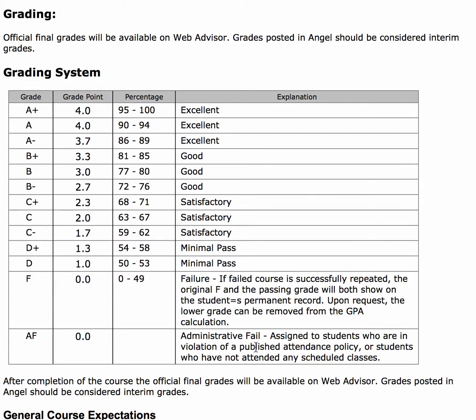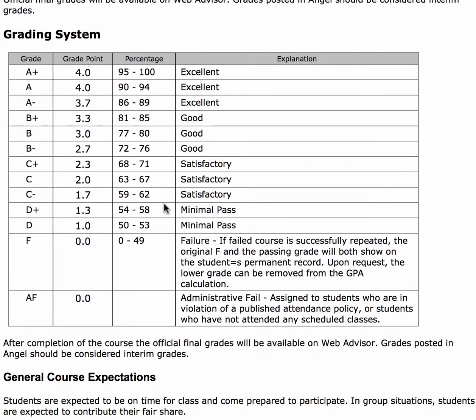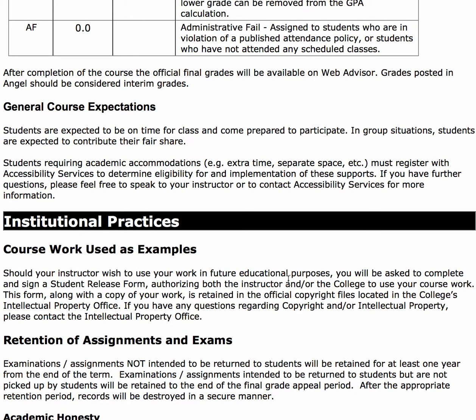In terms of grading, there's the grading schedule, what percents are for what grade levels. Course expectations. It's a great class. There's lots of cool things that we get to talk about, and I encourage you to bring in pertinent information into class as well. So I expect you to be on time, be prepared to participate, be engaged in group situations.